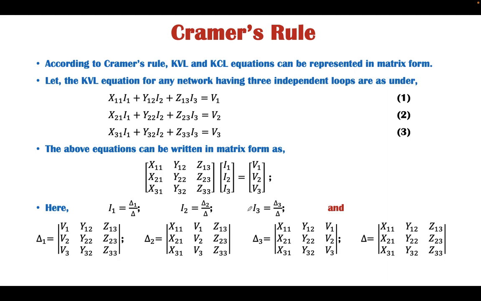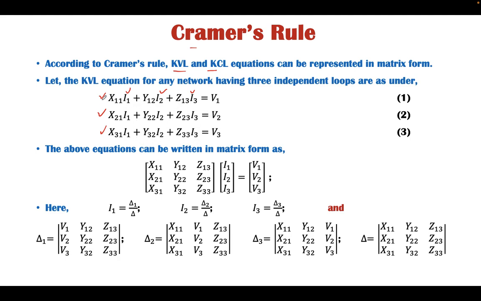Now the last network solving technique is Cramer's rule. In an electrical system, whenever we apply KVL and KCL, there will always be linear simultaneous equations. There may be two variables, three variables, four variables, and so on. If there are two or more variables, we can apply Cramer's rule. According to Cramer's rule, the unknown quantities I1, I2 and I3 can be calculated easily without going through the simultaneous solution of each and every equation.